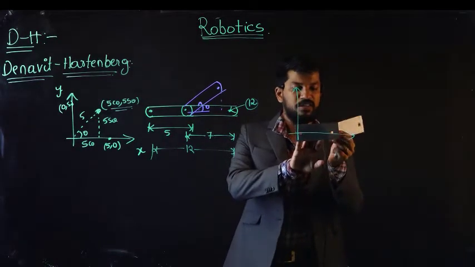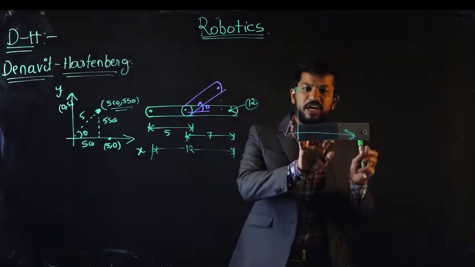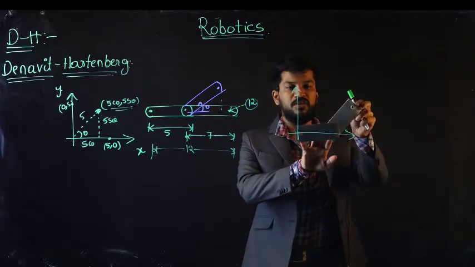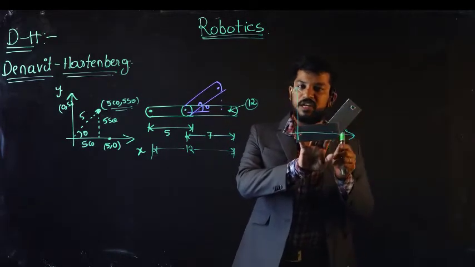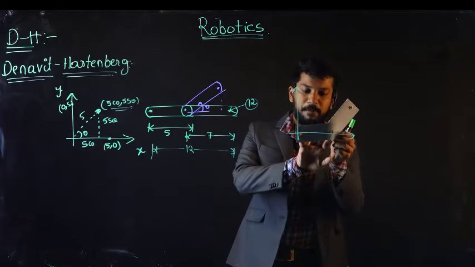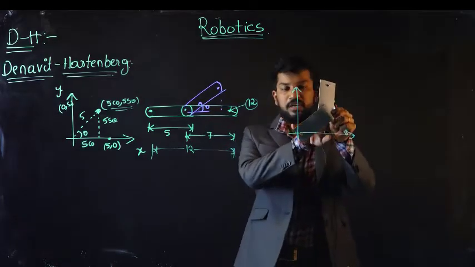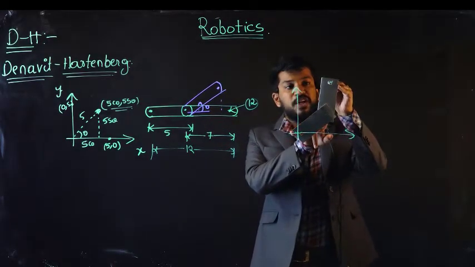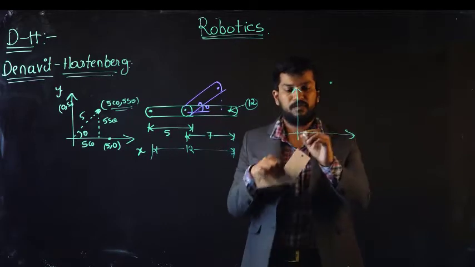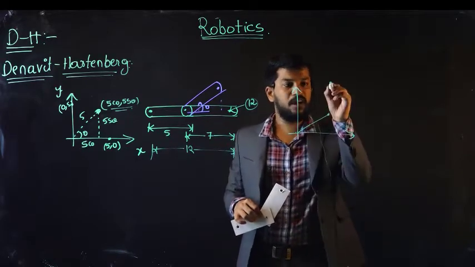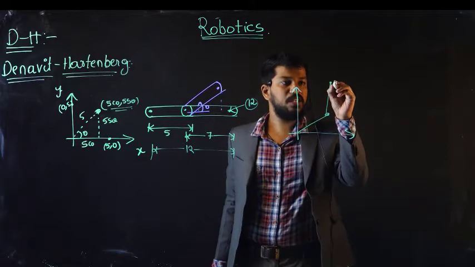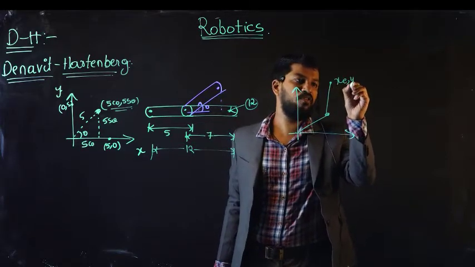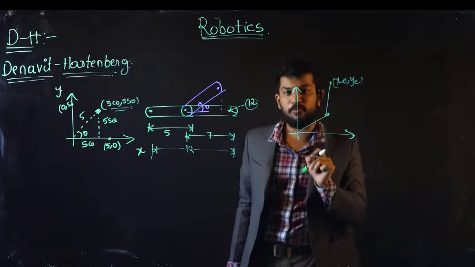Suppose earlier my links had no inclination. Suppose the first link has a certain tilt; this one we can also easily find out. Suppose this particular link also has one more tilt. Then identification of this point will be really tough. First we need to identify here, and then we need to identify here. Finally it will give me xe, ye, nothing but the position of my end effector.